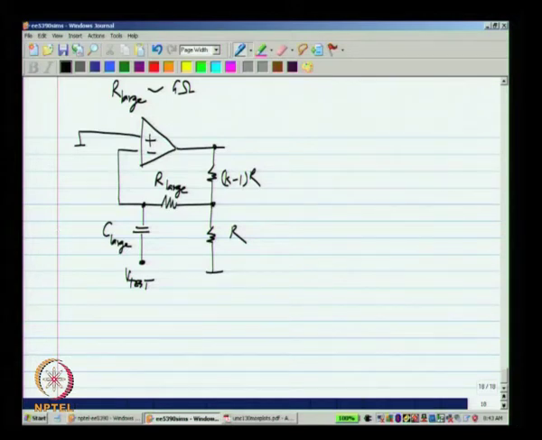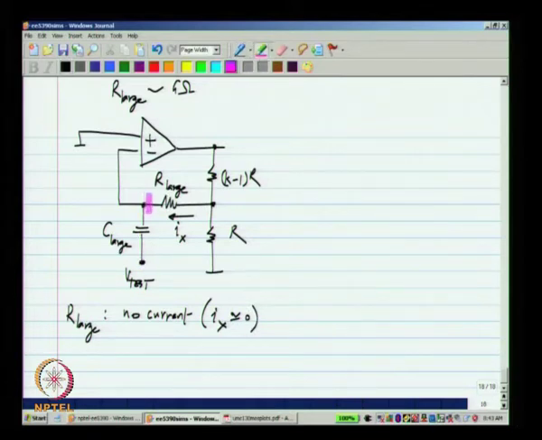The bottom line is that R large should be so large that no current flows that way, and C large is so large that whatever voltage you apply here will appear there. Okay. And as usual, instead of a large resistance, you can also use a large inductance.